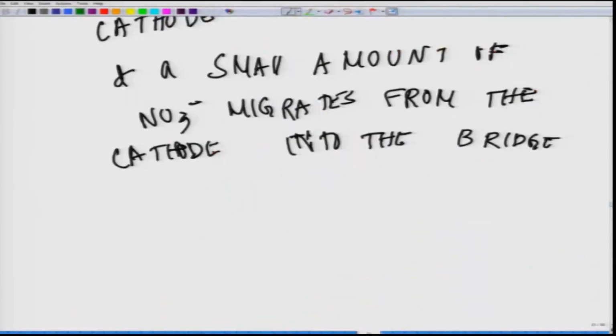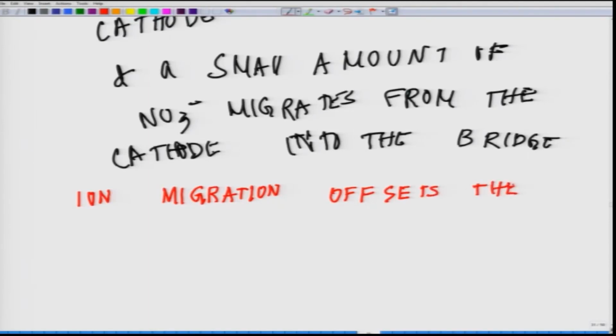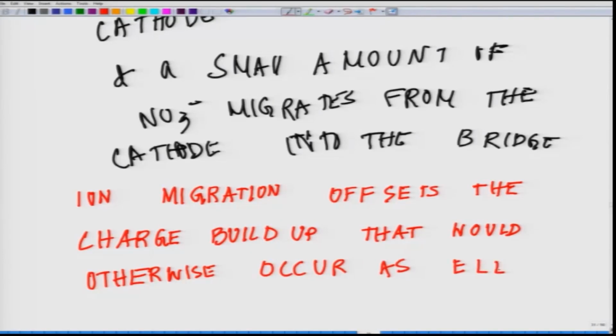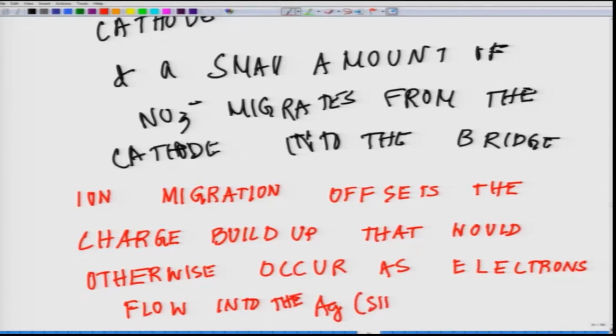Okay. Now, if we go back, cathode into the bridge. So, this part is very important, the ion migration. Why is this ionic migration essential? Ion migration offsets the charge buildup that would otherwise occur as electrons flow into the silver or the Ag electrode,